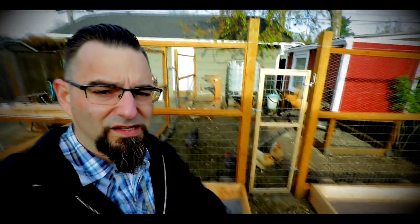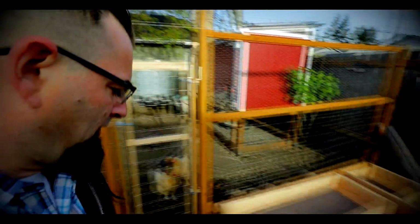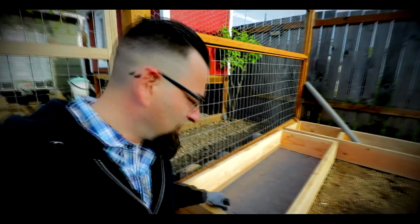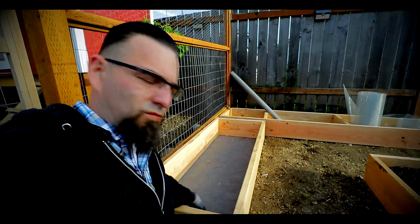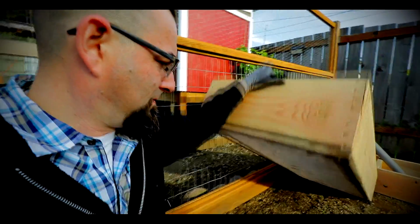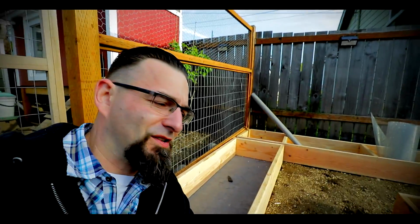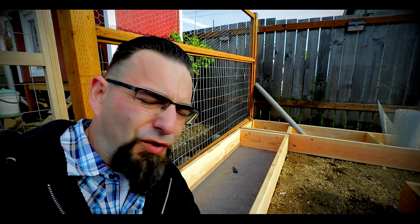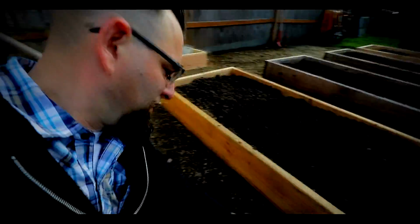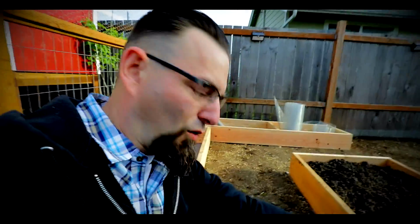As we're walking around here, I wanted to highlight a little bit of the stuff that we've got going on from this last weekend. We've got some of the new raised bed boxes that have gone in. As you can see, on the bottom of each one, we actually installed basically our weed carpet, that weed blocker that goes onto the bottom of each one. It actually provides good drainage, but it just stops anything from growing up from underneath. Like right here, we do have some grass that has seeded over here, but